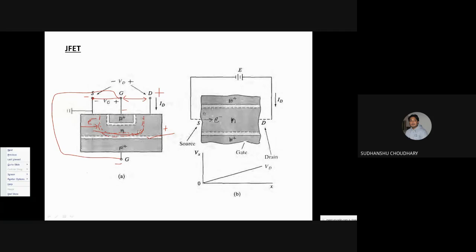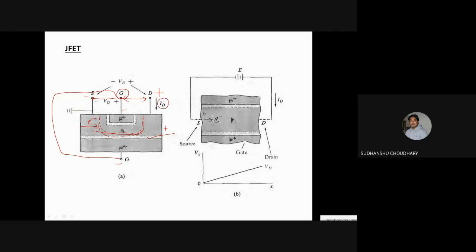So why was this depletion region created? Because of the biasing conditions on the gate, or gate and drain reverse bias. By varying the gate and drain reverse bias, that is by varying this gate voltage, you make it more negative, so the reverse bias is more. So this entire channel region can be covered by a depletion region, and the amount of electrons flowing from source to drain can be limited or restricted. That will actually control the drain current.